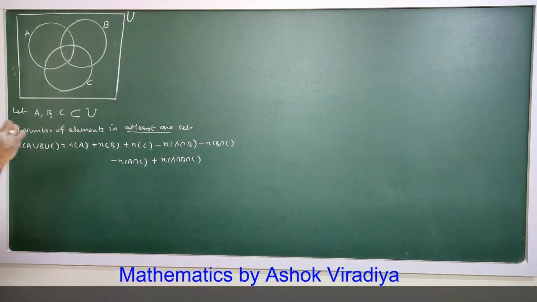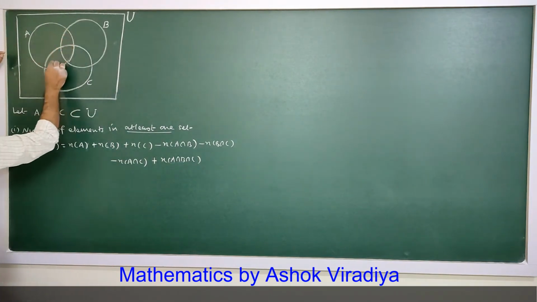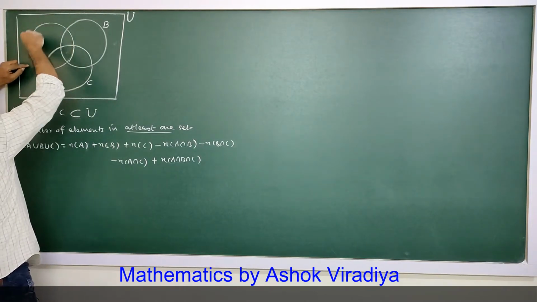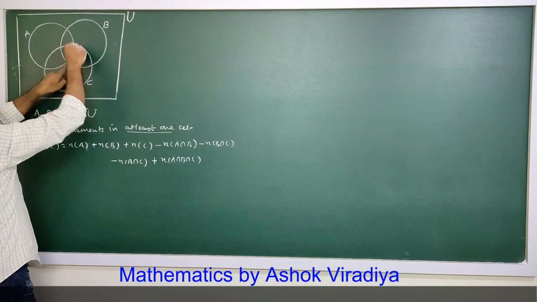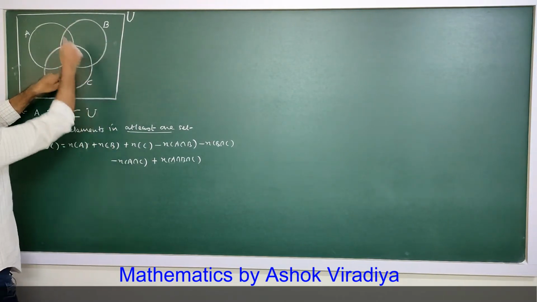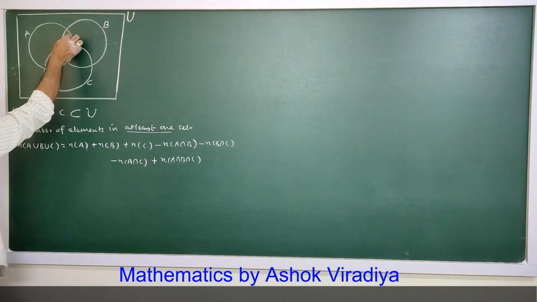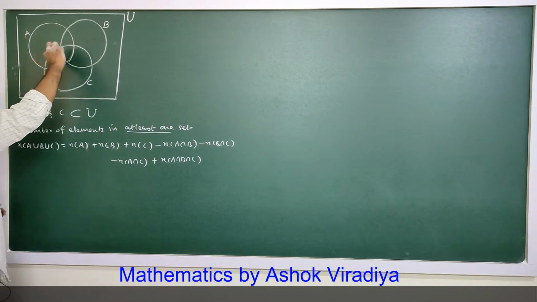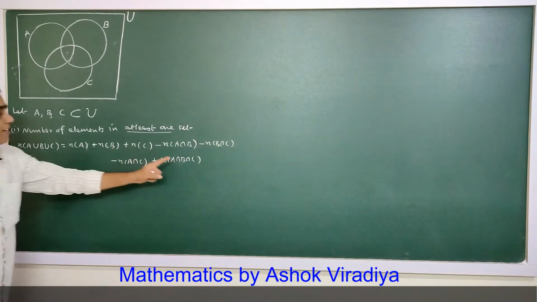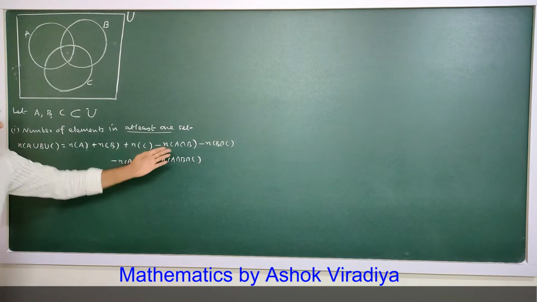So if you observe this procedure, see number of elements in A. Now this should not be counted again. Once these are counted, so number of elements in A, then now we want this part. So number of elements in B, number of elements in C, then this should be removed, this should be removed, but this is removed 2 times. So 1 time we have to add this number. So that's why we do this subtraction.